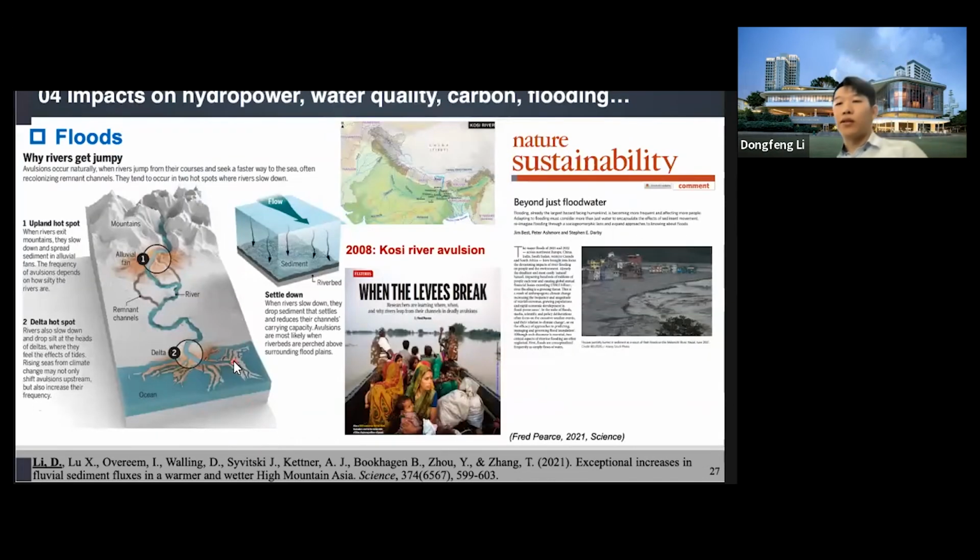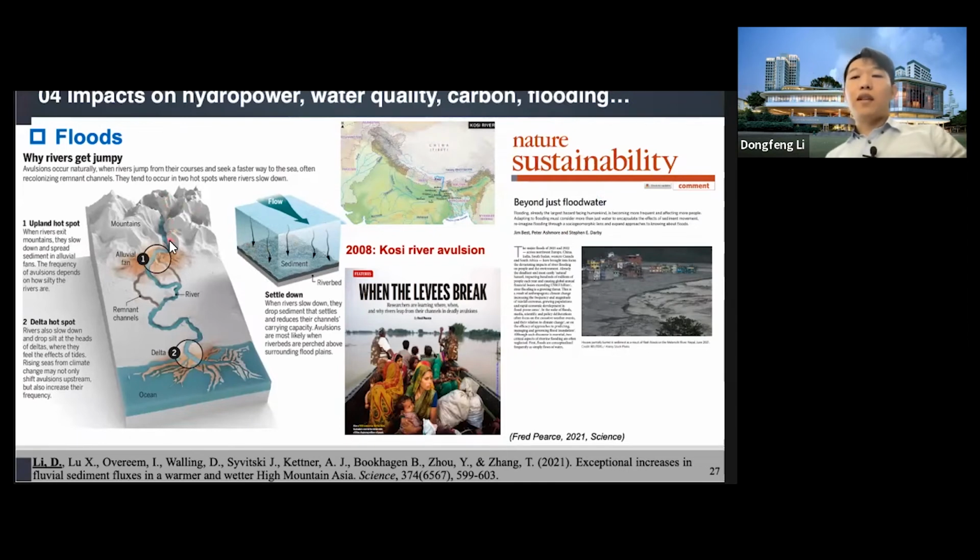And river sediment is also very relevant to flooding. Here is a very nice commentary paper by Jim Best, Peter Ashmore, and Stephen Darby, published in Nature Sustainability. Basically, they argue that when we are looking at flooding, we should not only focus on the water, or the peak discharge, or the hydrological perspective. We also need to look at the sediment, because sediment plays an important role in flooding. For example,